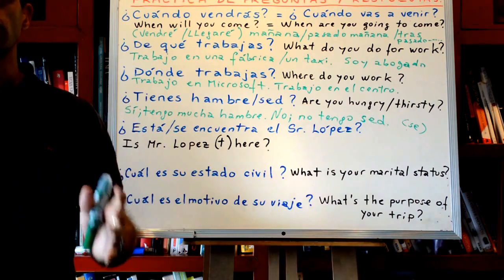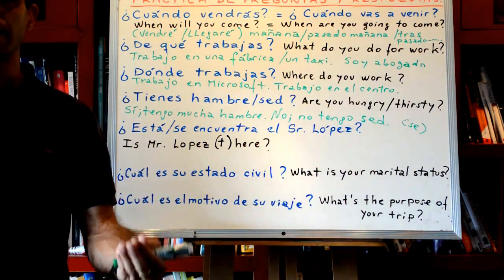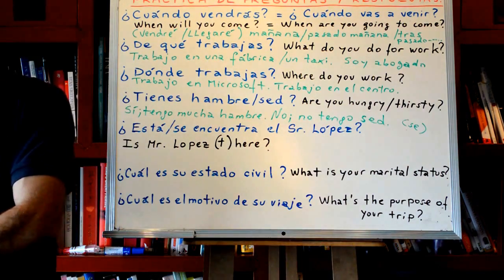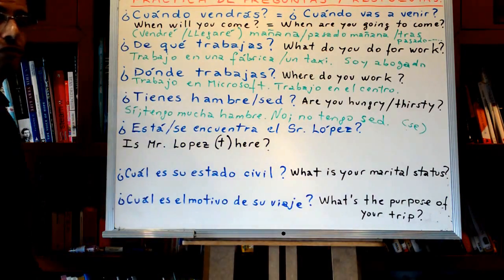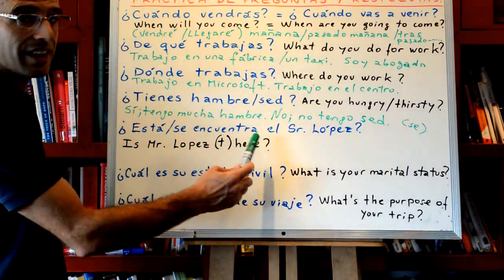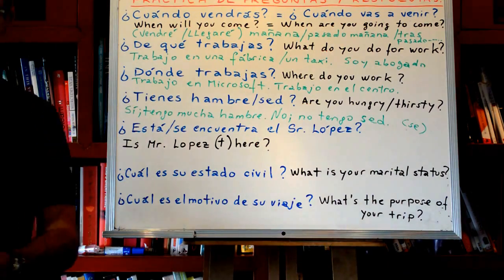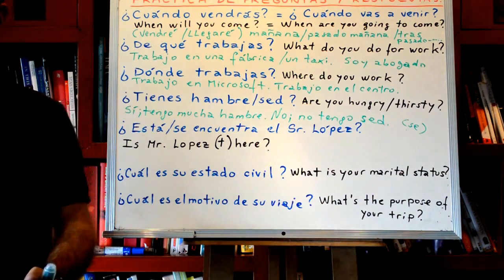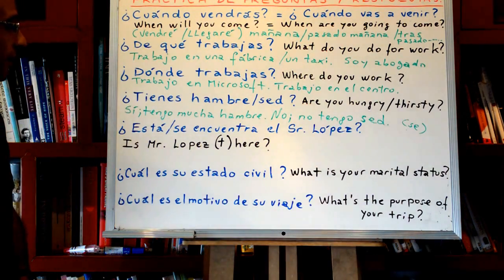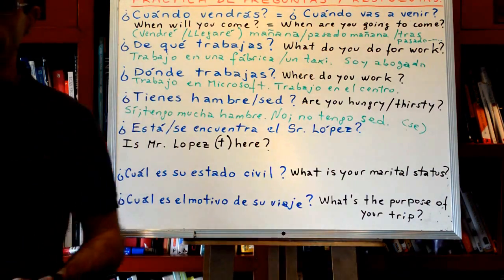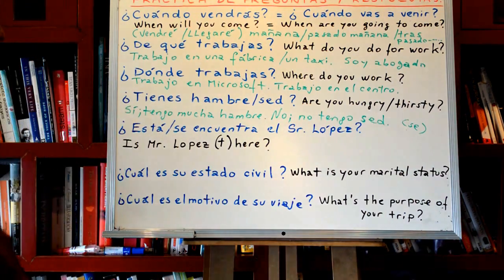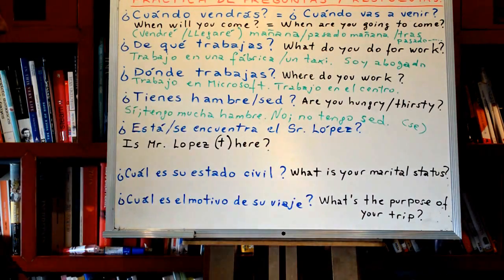But it's not used in the sense of finding, but in the sense of being there, okay? So, the reflexive verb encontrarse, which is the verb to find with a reflexive pronoun, is a synonym of the verb to be, being somewhere, of the verb estar, right? So, we can say,